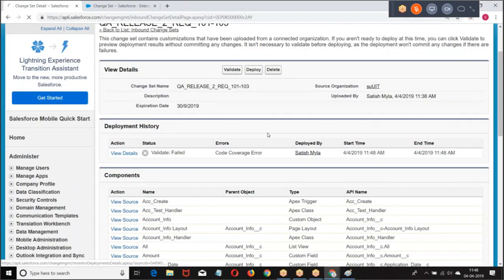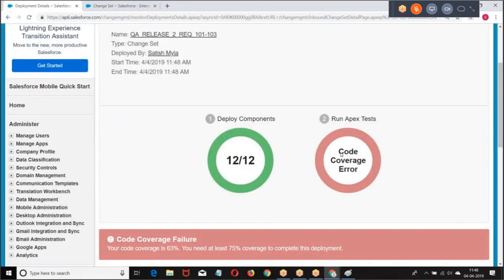Failed. Why did it fail? Code coverage. But when you created it there, it was already 100%, right? When I deployed, and it is running with the remaining test classes, now it is not giving 100% code coverage. If it is less than 100, I can increase it. But already it is 100. I cannot increase it more than this. The class which I deployed already has a test class with 100%. I cannot increase anymore. Then what will you do in that case?